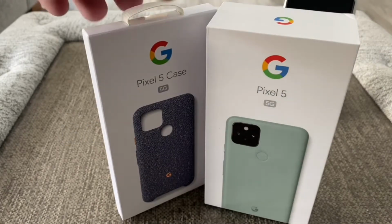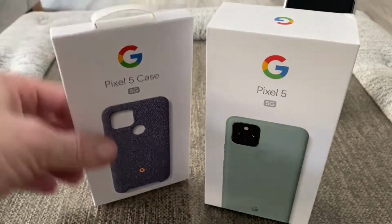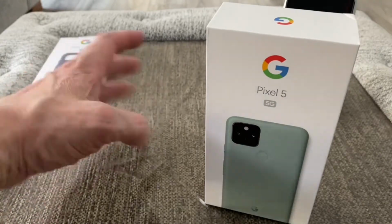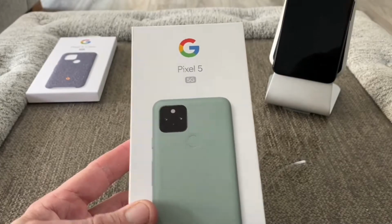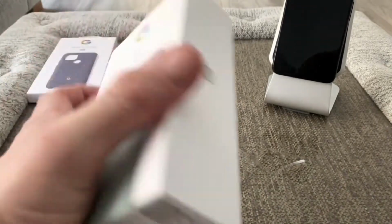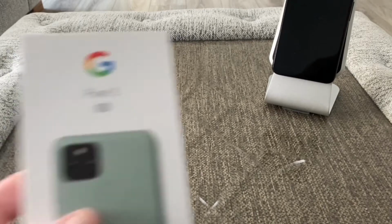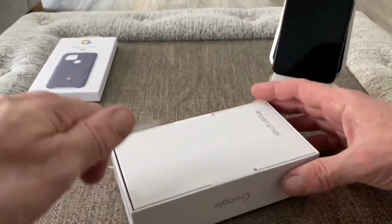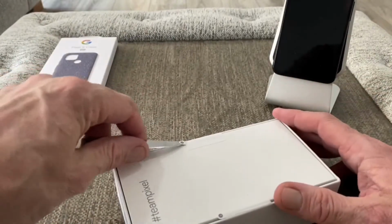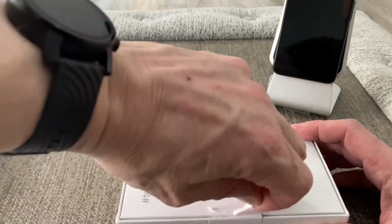We also have the Pixel 5 case original. We have a separate review of that up and you can check that out later on. And for now we're going to do a quick first look, unboxing and impressions of the all new Pixel 5 5G. So this is the Sage and the 128GB version. So what we'll do is we'll get straight to the unboxing experience and see what it looks like